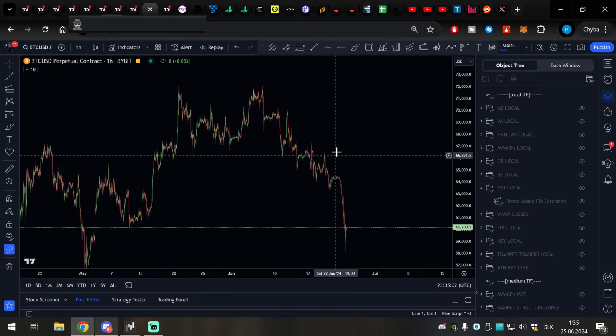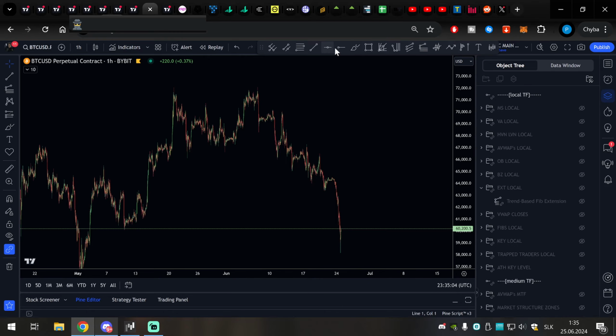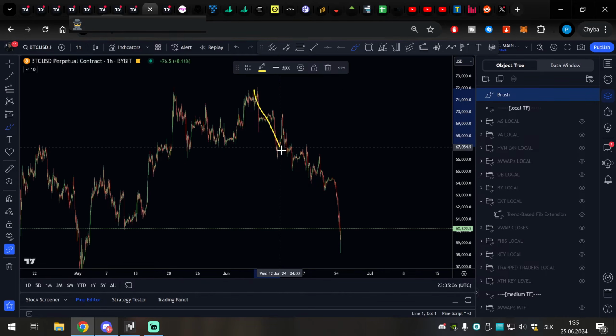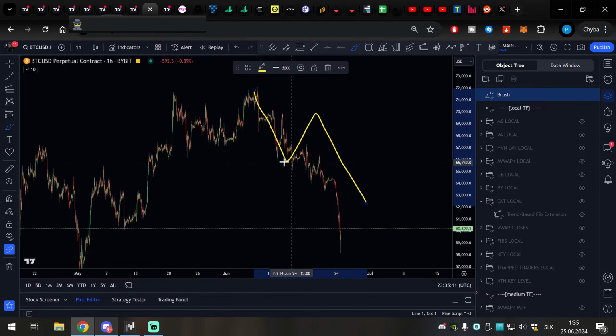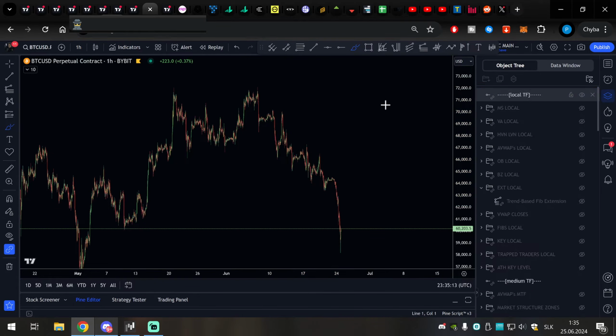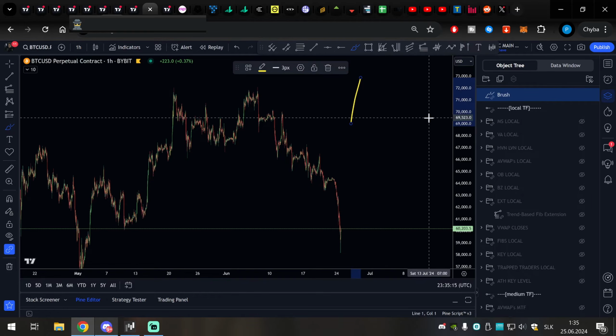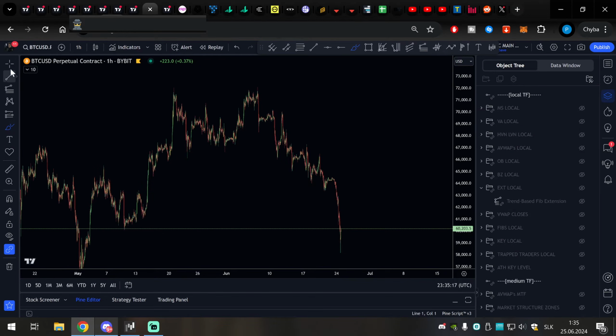Because it's a structured downtrend. It would be better to do it like this: when the downtrend is like this, then it's creating a high and moving to the downside. Then I have a much better pull to the downside because these targets were already met. So we don't have much there.